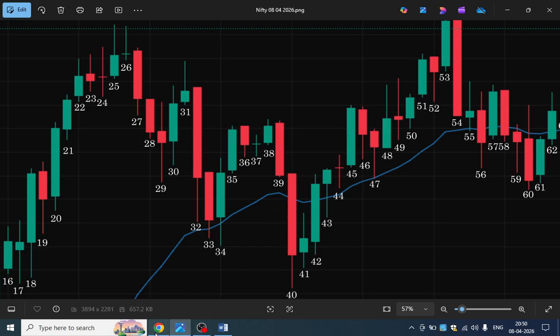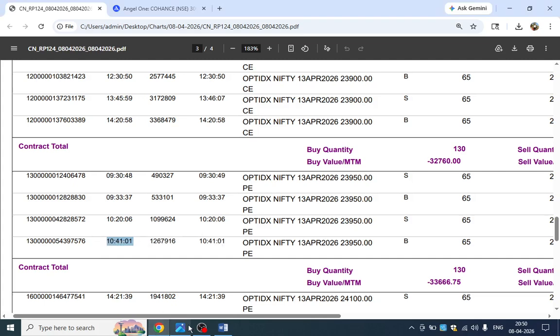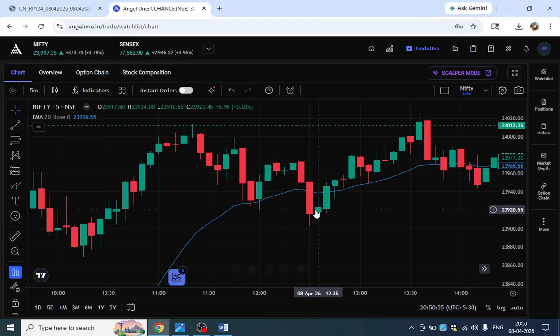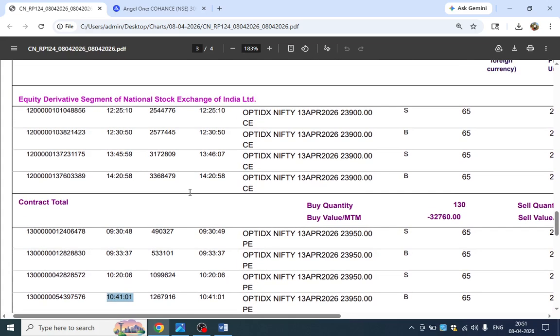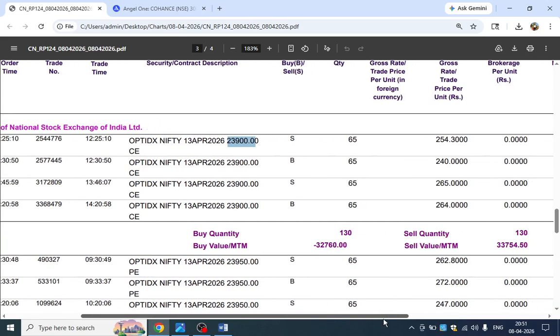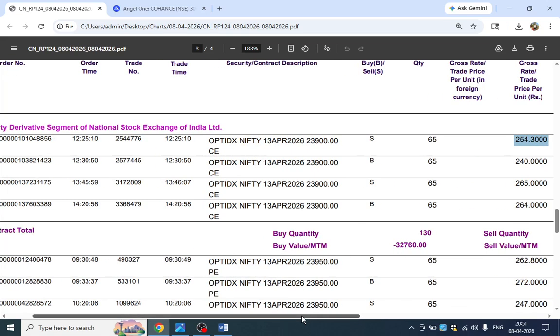moving average, and I took a trade at around, I'll show you, 12:25. So at 12:25 I shorted one call of 2300 900, and I shorted at 254.3,